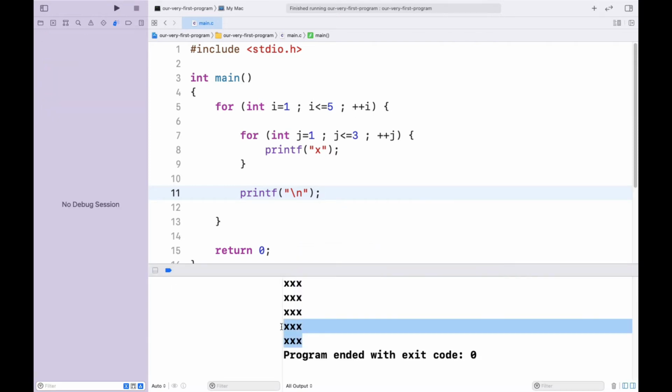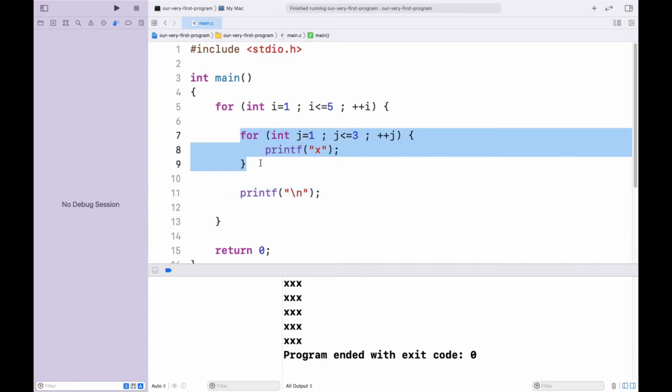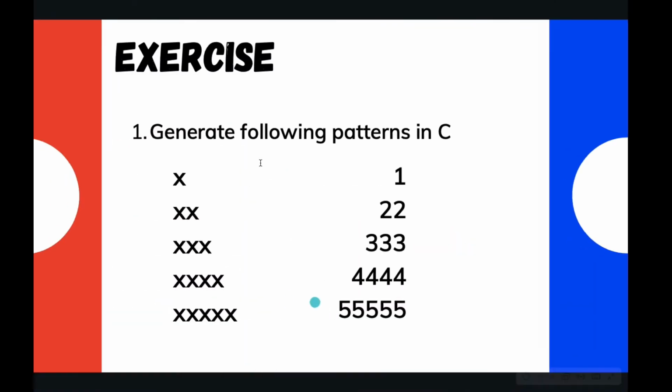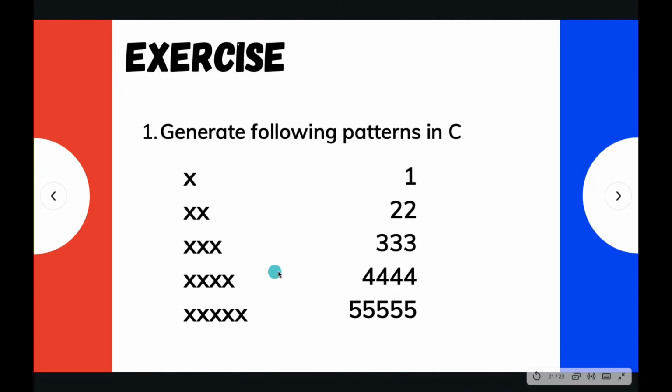So we have achieved a grid sort of thing, and the new line character is working very well. But the problem is the number of iterations of the second loop. It is variable. It is not constant. It is changing 1, 2, 3, 4, 5, and so on.